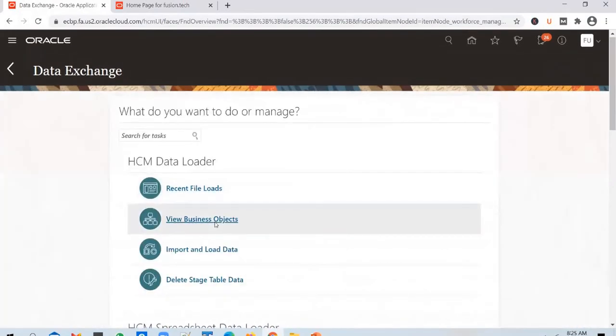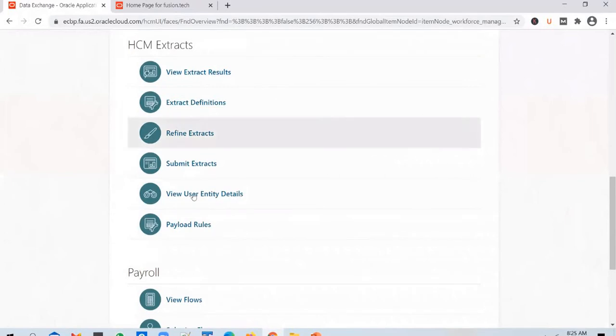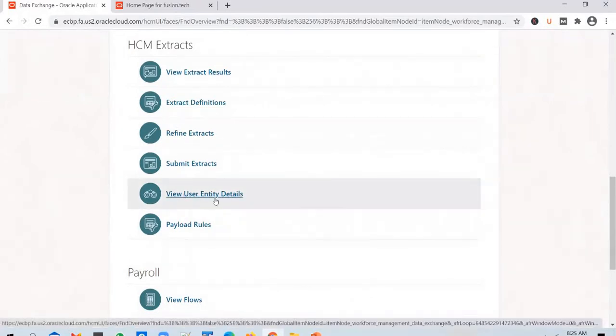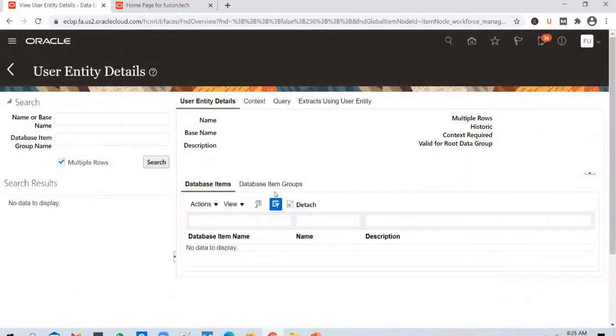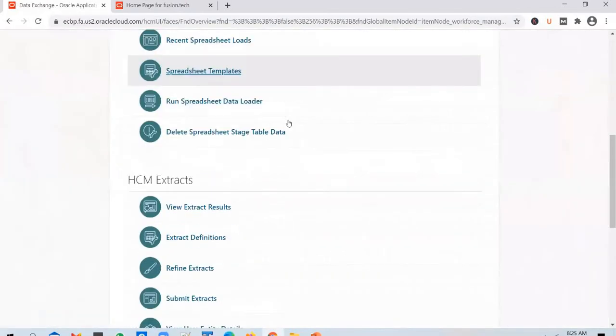Or if you go back to the main navigation, you have an option called View User Entity Details. Even if you click on it, it will take you to the same page that I showed you by clicking on the Advanced tab. When you click on the Advanced tab in the HCM extract definition, this page popped up. If you want to search for, say, a person or assignment user entity, any user entity, you can query it and see the details of it here.